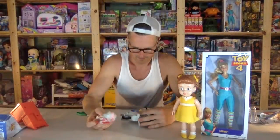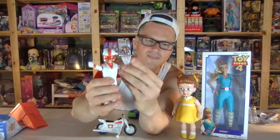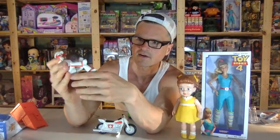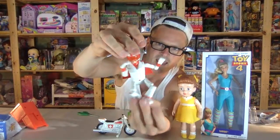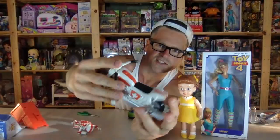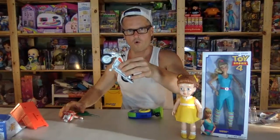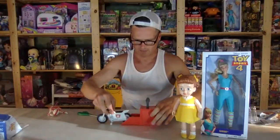Maybe not removable helmet because he has the bike for stunts. Well, we'll just have to see. So he's super articulated. Probably the one that's in these packs is not as articulated as this. So maybe this is a completely different figure, and maybe I will have to get the other one anyway. He might not have this very Canadiana cape on, and the motorcycle is super duper Canadian because it's got all of these red maple leaves. This is so great. Maybe I should have done this on Canada Day. Oh, whoa, did you hear that? Okay, so it is a spring back. And maybe that's part of the...